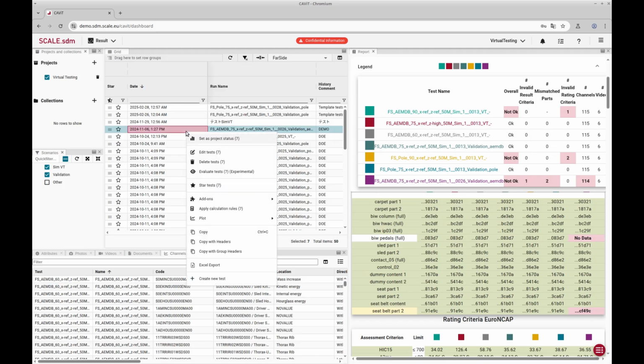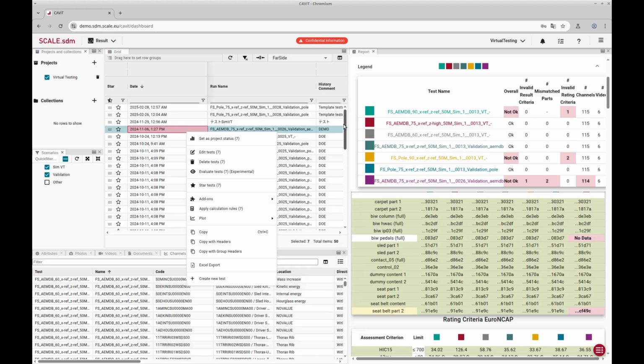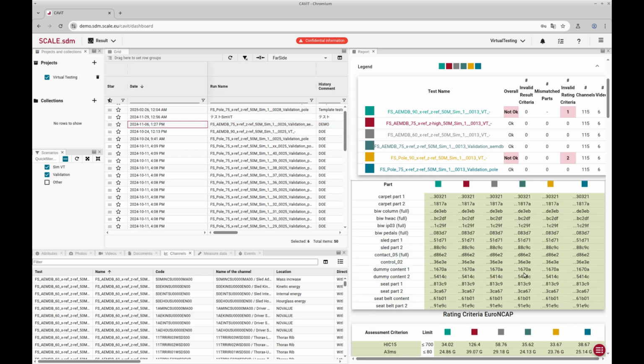So the user can navigate either manually into the input data of this particular simulation, or this also can be done automatically from here by using the add-on show in scale model. Okay, so back.